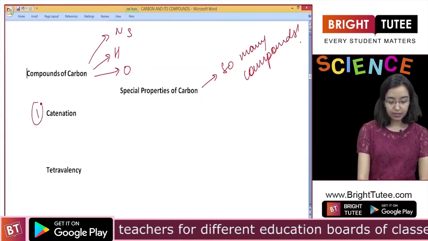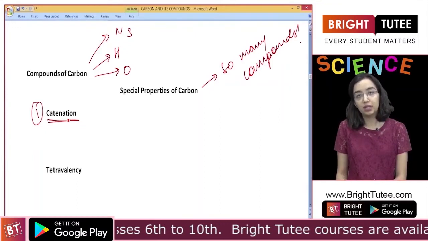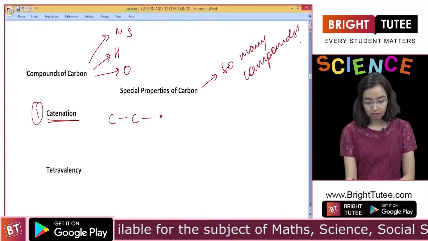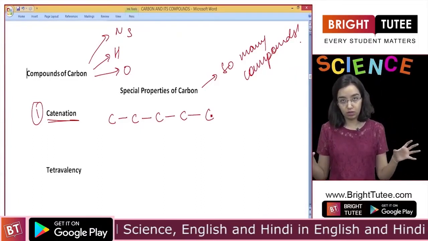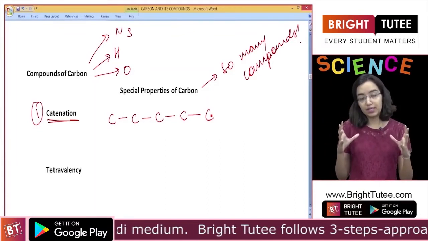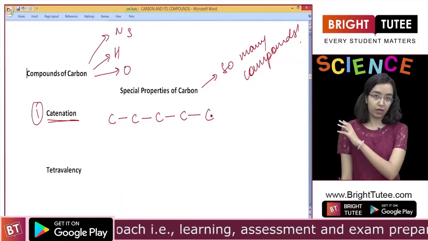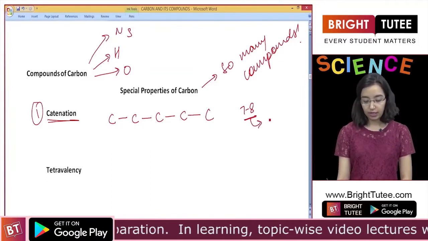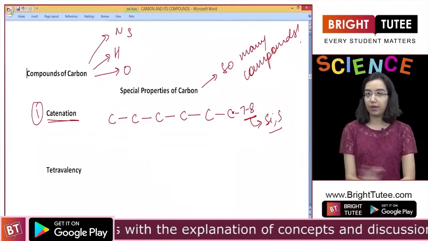The reason for that is the first is catenation. So catenation is the property by which an atom combines with different atoms of its kind and forms long chains like this. So carbon can go on combining and form a very long chain with its own atoms, and this is not present in all other elements. That is majorly because of the big size. Elements cannot hold such long chains, but carbon has this property with which it can hold a very, very long chain effectively. Other elements can hold maximum up to 7 or 8 atoms, like silicon or sulfur, but carbon can go on forming very long chains.